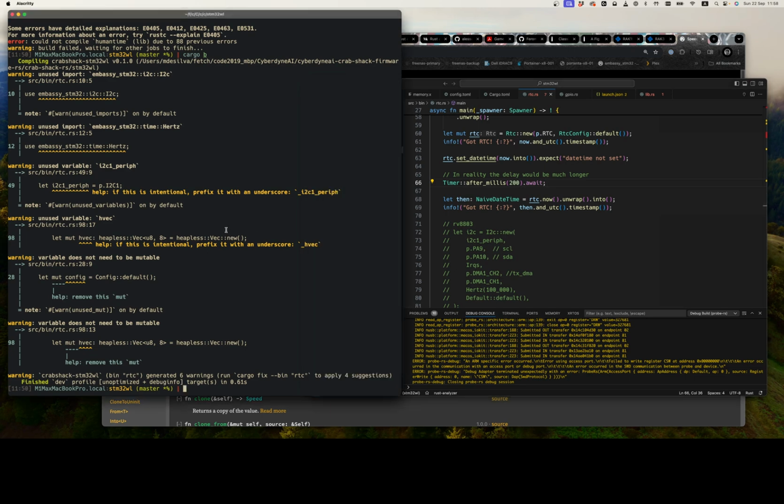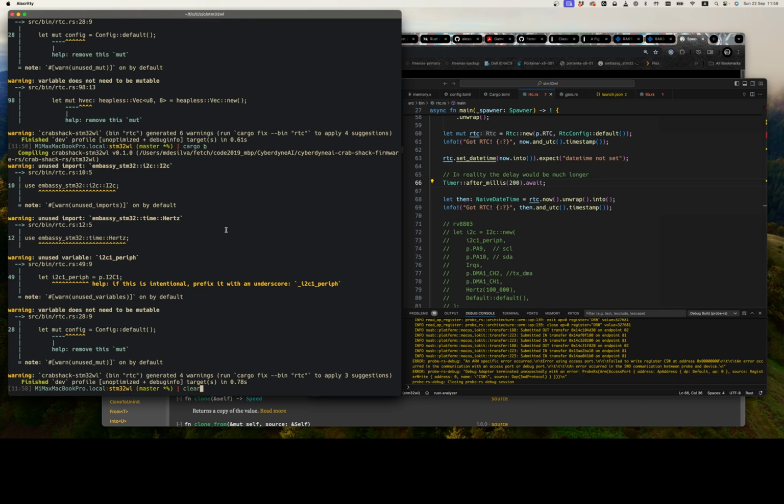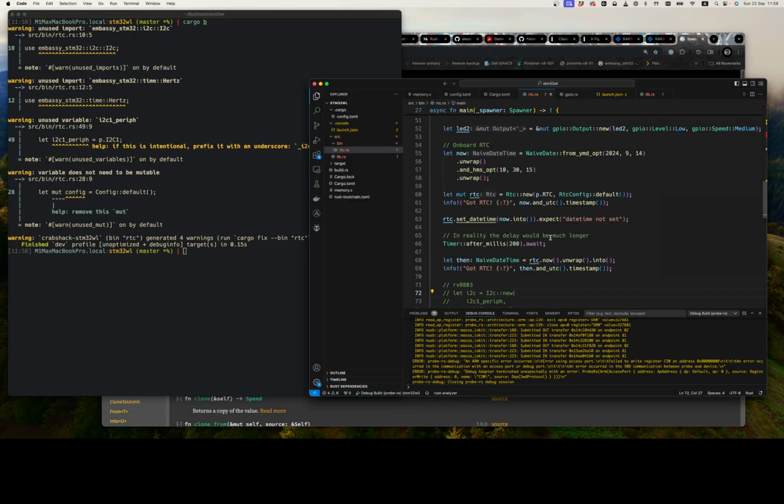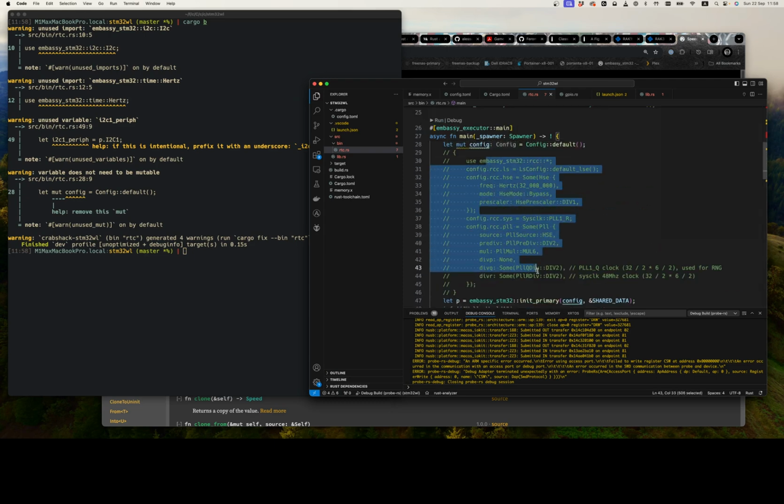So I'm just going to do a cargo build. Let me just clear this one time. Just show you. So ignore the warnings, because I'm not cleaning this up. I've disabled some configs that are important for later on, because this config that I have here is something I just pulled out from an example and it's not working on this board. So I need to double check this in STM32WLE5. But with that out of the way, let's run